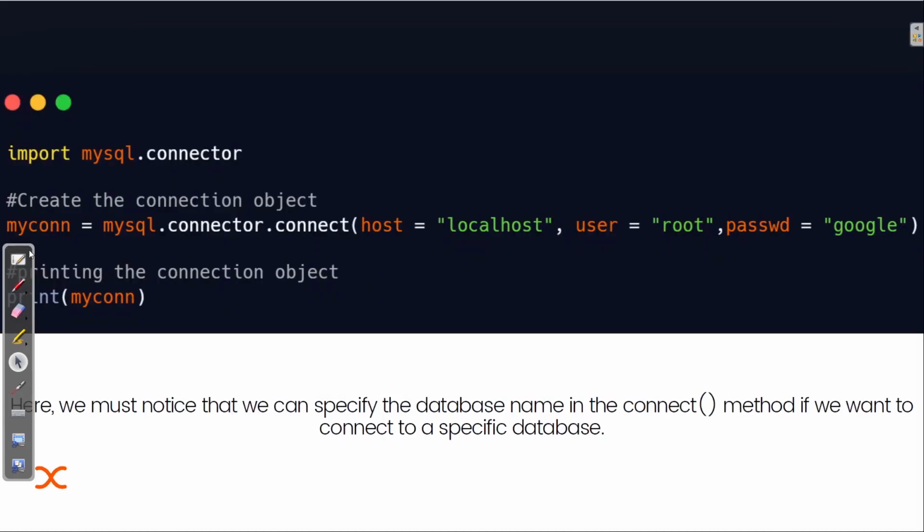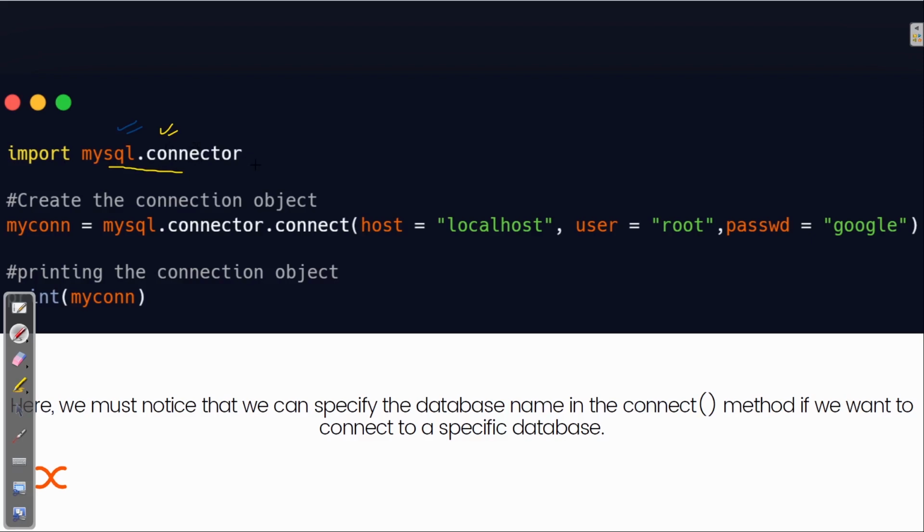Now let's see how we can actually connect. The code is here, let me show you. Okay, fine. Let me use this marker. What we are doing is importing the module. I guess it is clear why: we need to access the functions and attributes inside this module. So we simply import it, that is mysql.connector. That's the name, and you should remember that.